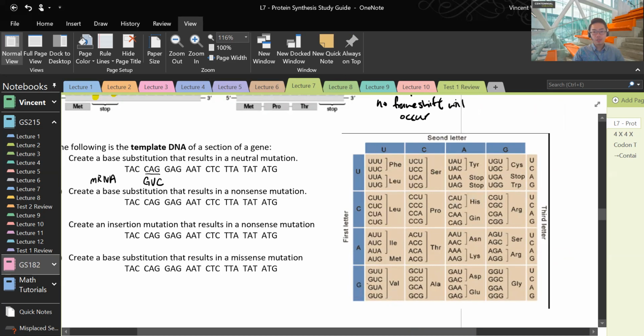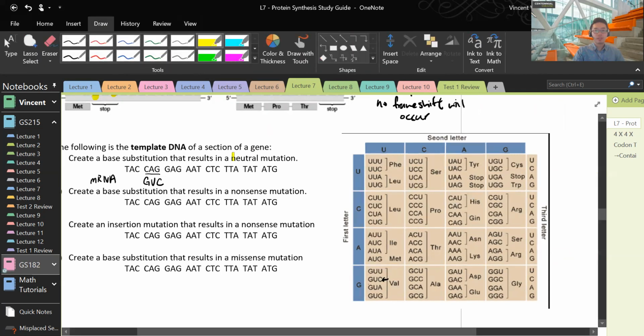And you see that GUC right here, GUC codes for valine, right? VAL. Okay. So I'm looking for a neutral mutation. The meaning of neutral mutation is that you do not change the amino acid, right? So luckily you can see all these things here, they code for the same thing, VAL. So I can change the last one to any of the other nucleotides, and it will not affect what it codes for. Okay, so if we change GUC, let's say, to GUU,